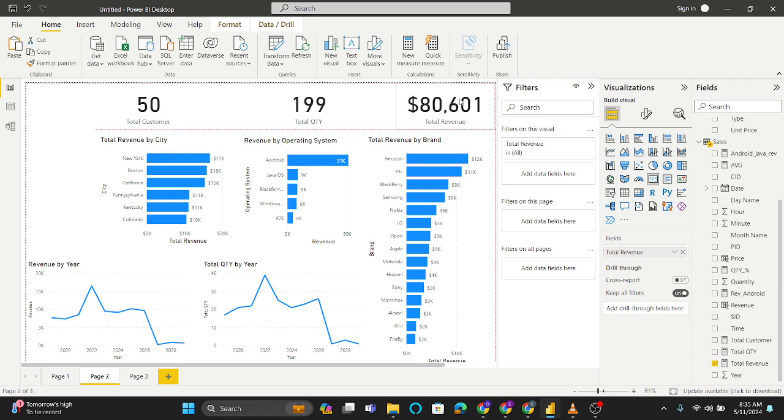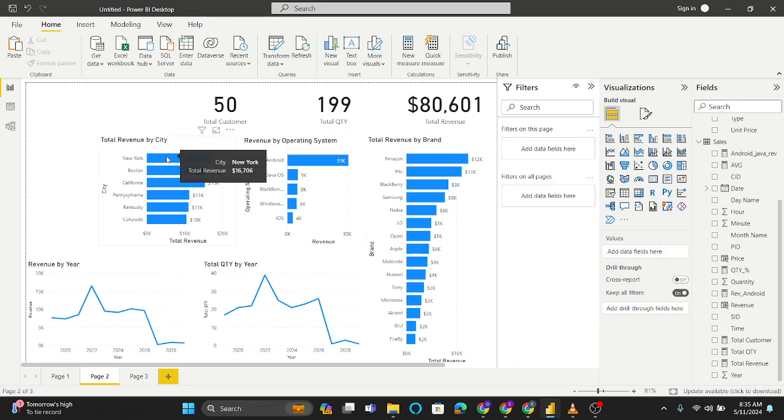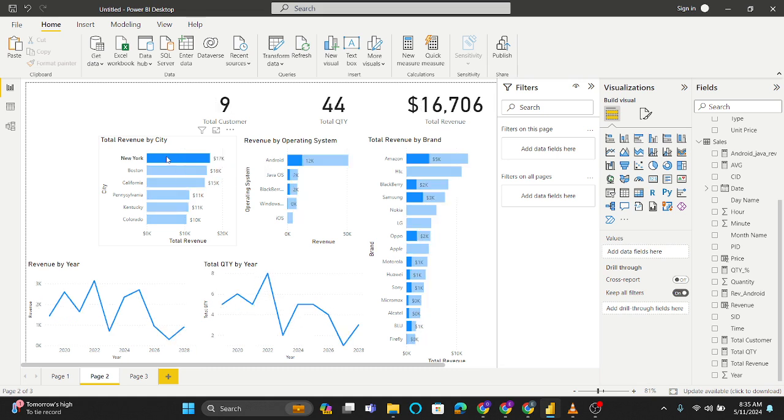And this is based on the metrics I want to see. So you can define your own metrics. So it's your metrics that will determine what type of visuals you can use for this one. Now, if you check this dashboard, it is interactive in the sense that if I select, probably I want to see the transactions for New York alone. If I select New York, you can see I'm getting the